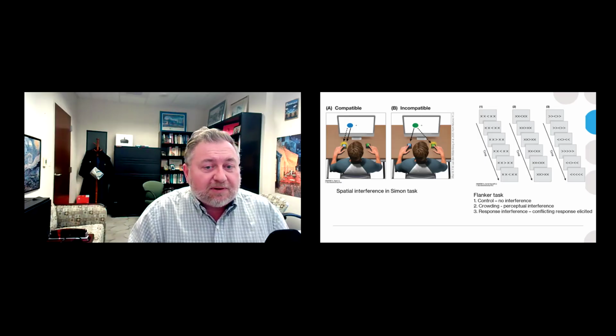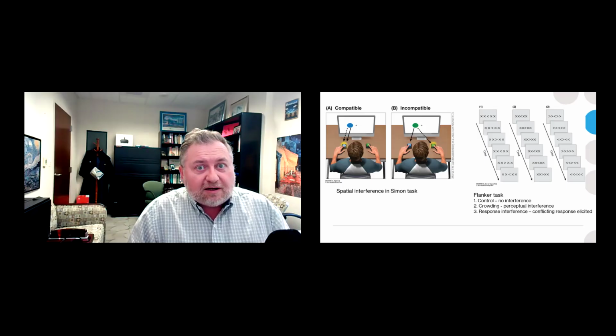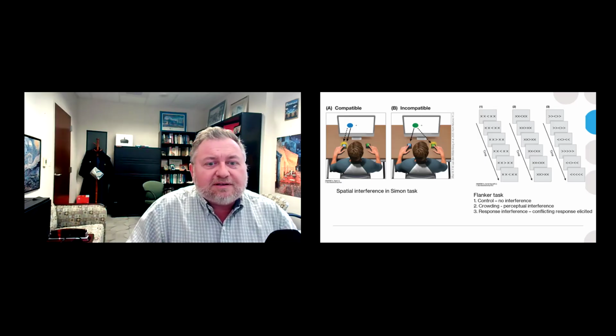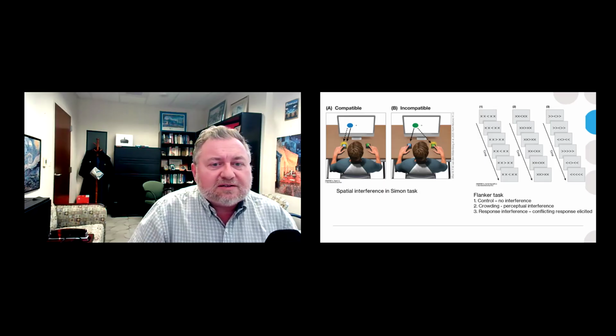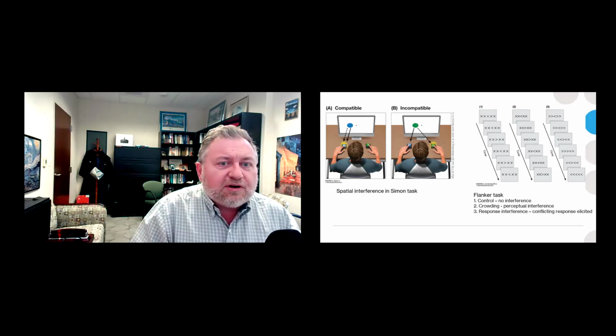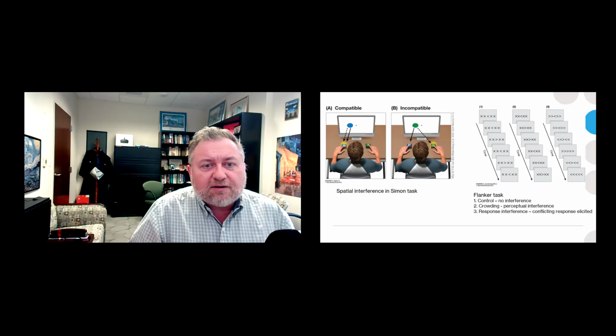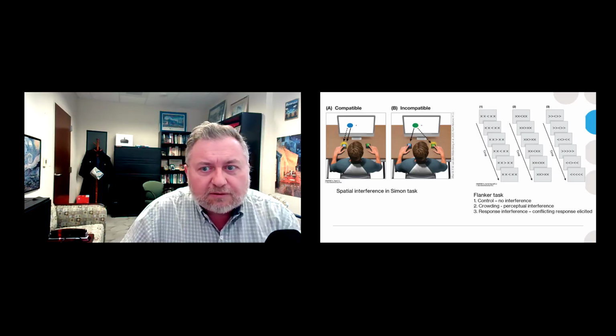And so sometimes, again, you might have that tendency to think, oh, the dot was over on the left, so I should press the left button. No, I have to inhibit and perform the other response. And that becomes slower, right? So again, every time we see this kind of inhibition process that has to occur, there has to be some form of cognitive control that inserts itself to inhibit one response and therefore activate the other response.